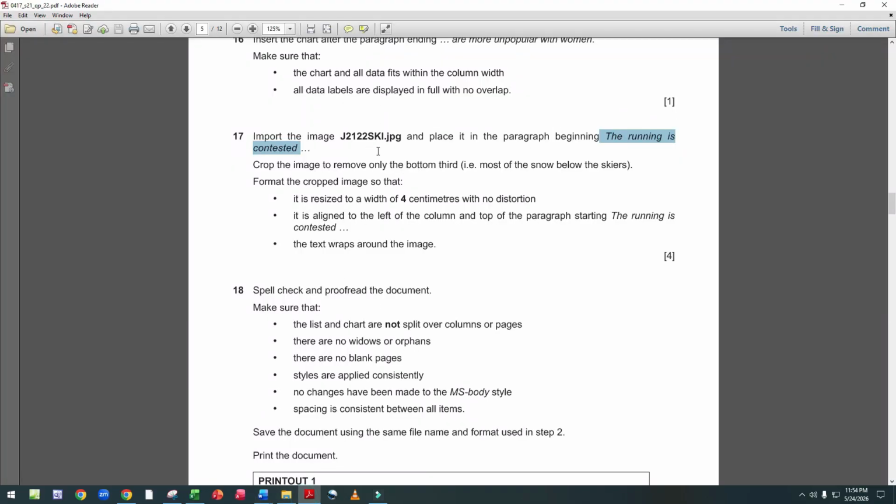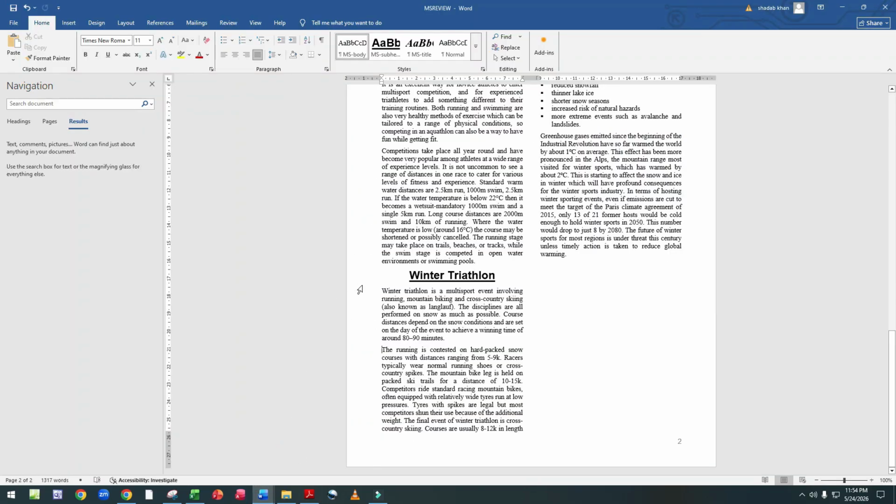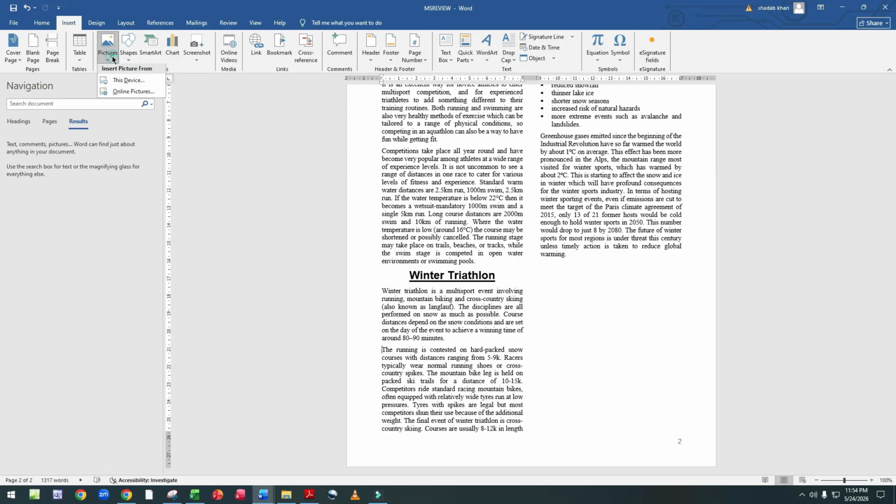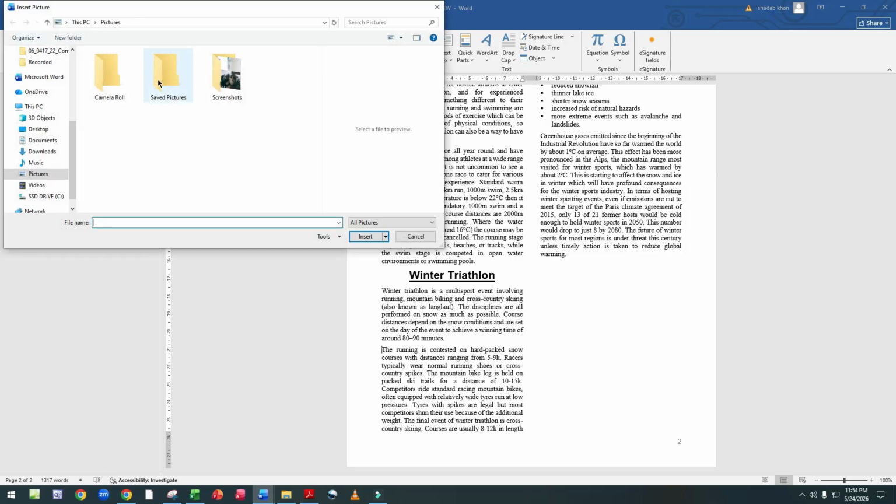Now we import the image ski.jpg at the beginning of this paragraph. Click on Insert, Image, This Device.